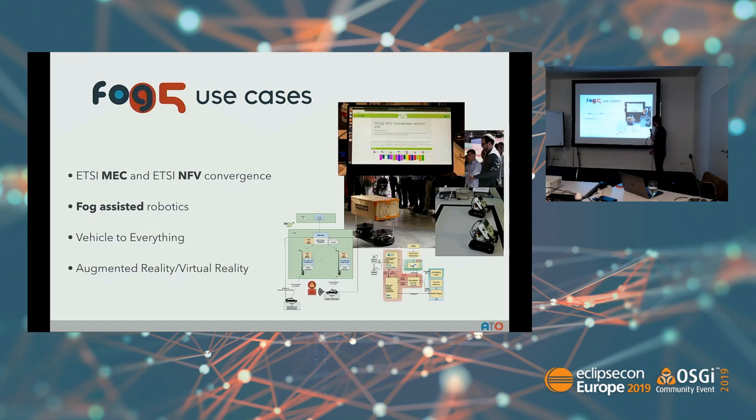Then we also had a very nice demo with fog-assisted robotics. In that case, we were deploying the control logic of the robots and also the application inside the robots. The robots were running ROS, I guess ROS1. So the application was not managed as a ROS2 application from the fog05 point of view, but as a native application. And I think it was pretty nice because you can see that those devices become part of the fog infrastructure. You have them. The use case was about having some general purpose robots in a shopping mall that have different capabilities. So you can just deploy the application on that, and the robots will follow the application.